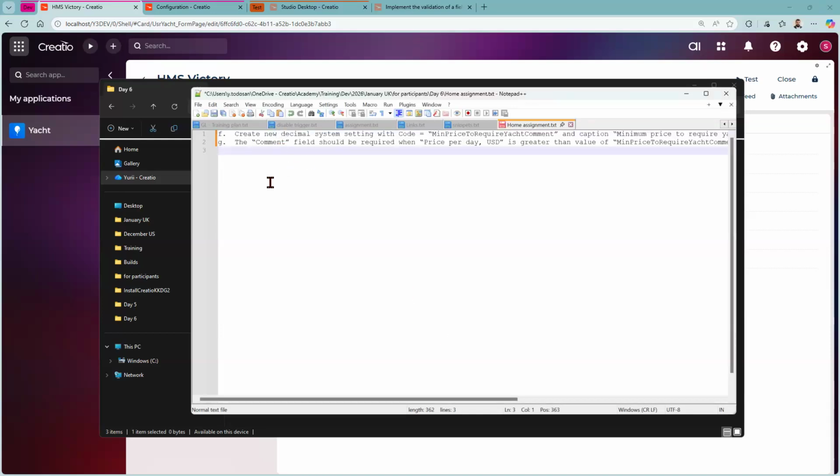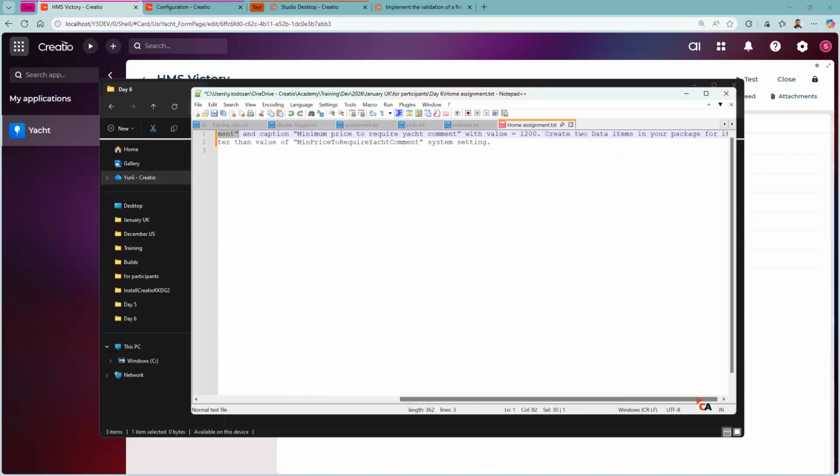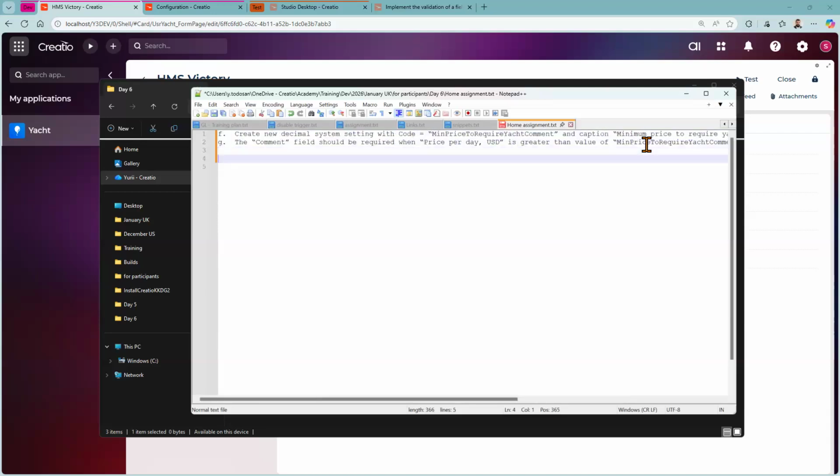First big assignment is create a new decimal system setting with code MinimumPriceToRequireYachtComment and caption Minimum price to require yacht comment. Value 1200, and make sure to properly bind it. And now the comment field of yacht should be required when price per day is greater than the value of the minimum price required yacht comment system setting, which will require some digging. Then